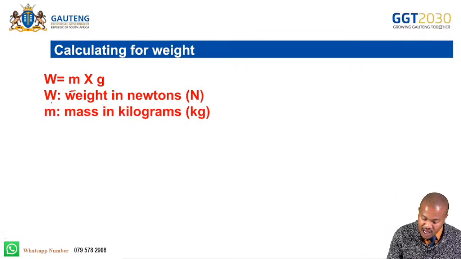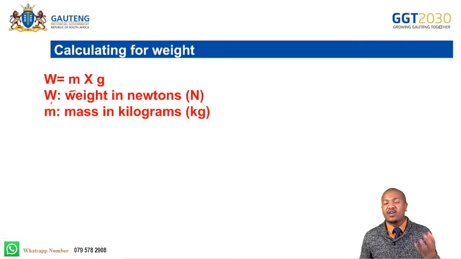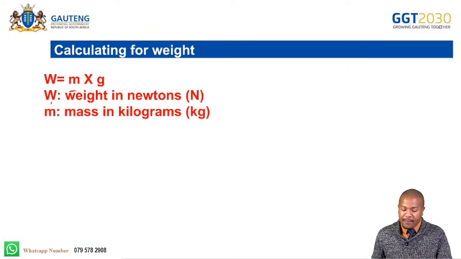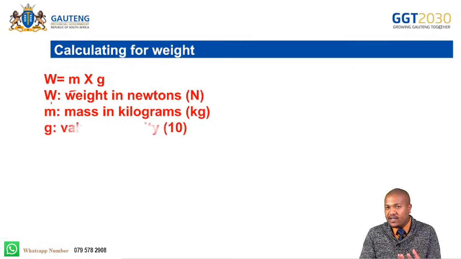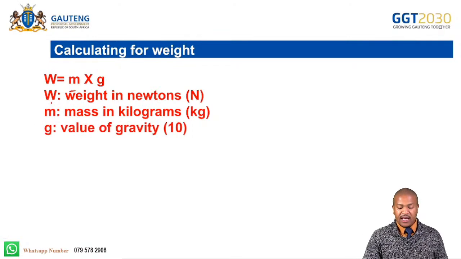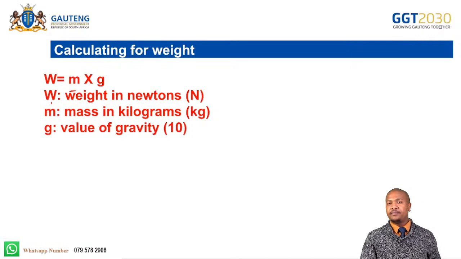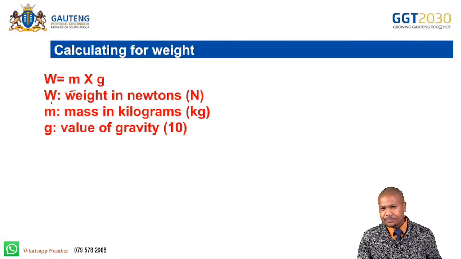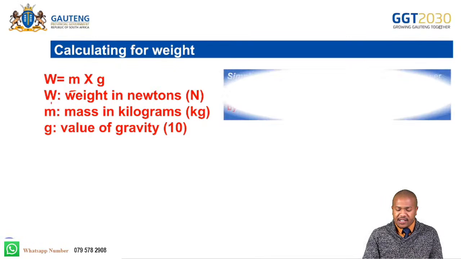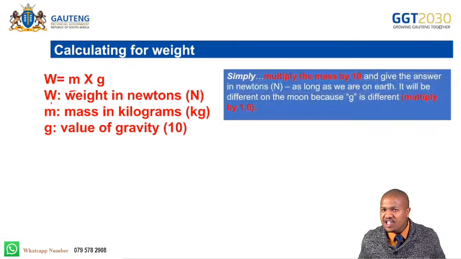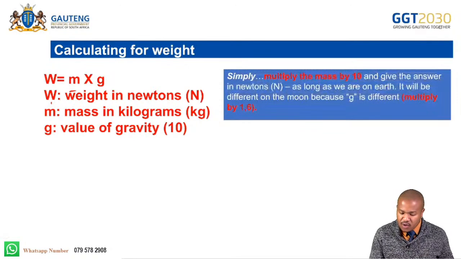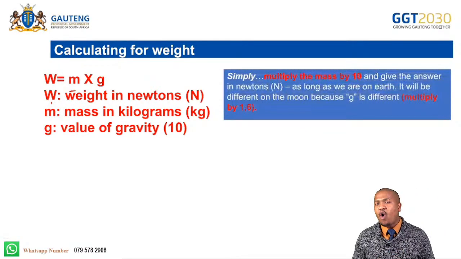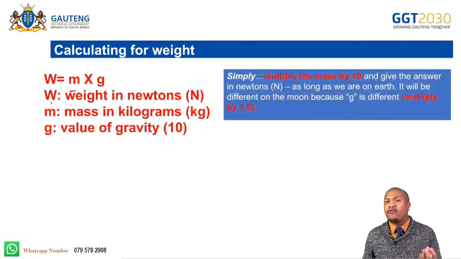In this formula, W is the weight that we're looking for in newtons. The m is the mass in kilograms, the mass of an object, the heaviness of an object in kilograms. Then the g is the value of gravity, and we have 10 in brackets, right? So let me explain the 10 first. The gravitational pull is 10, right? It is 10 only when we are talking of Earth,